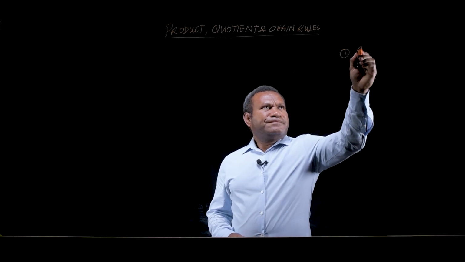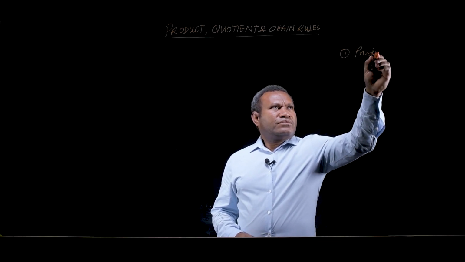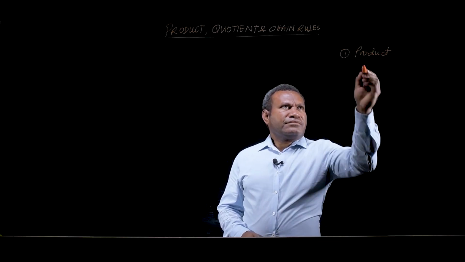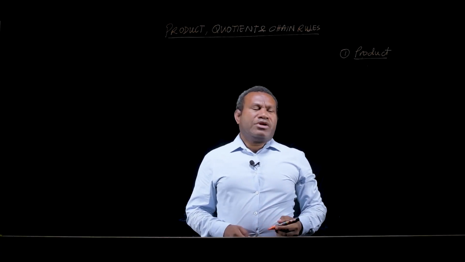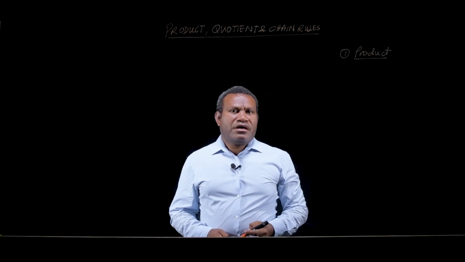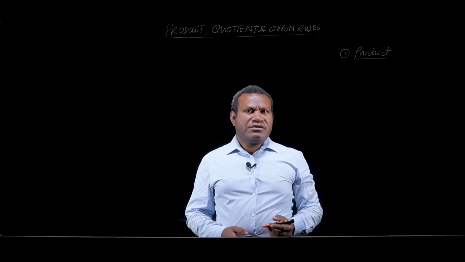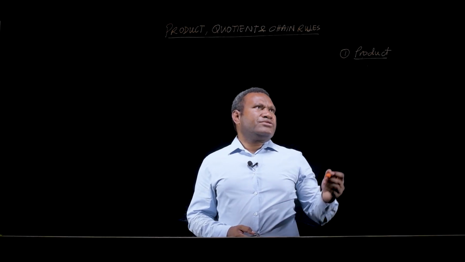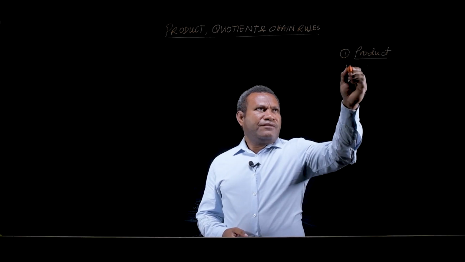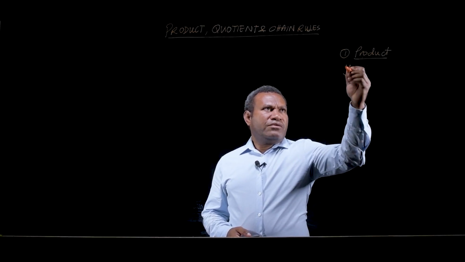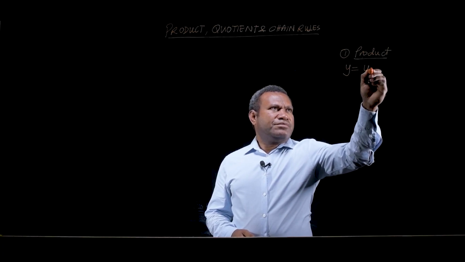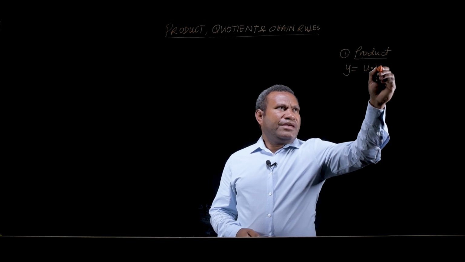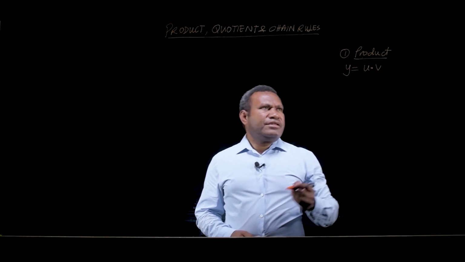Number one. Okay, what is a product? We know it's multiplication or the answer to multiplication. So if we have a function y that contains the product of two functions, let's say y is equal to u multiplied by v, then its derivative